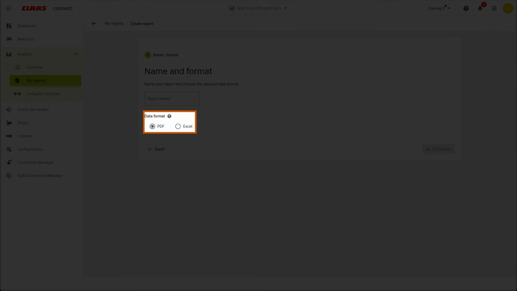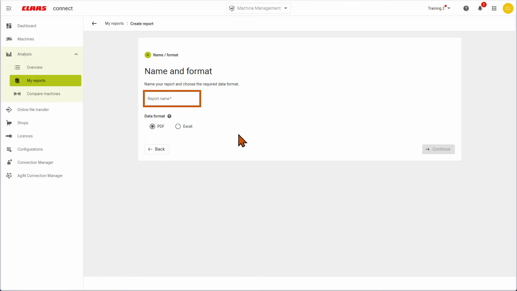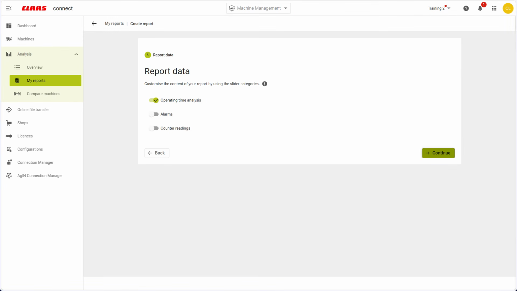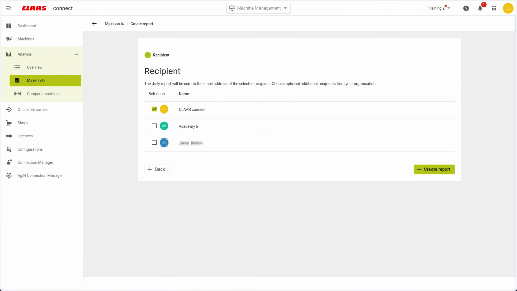And select your format between PDF or Excel. Select all the data you want to have within your reports. And select the person that you want to receive the report every day.